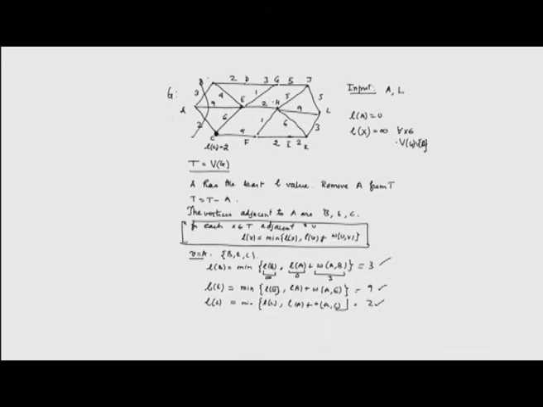Now, we go into the while loop again and we choose from T the vertex with minimum label value, and that is going to be C. So, I can put the label of C equal to 2, incidentally label of A is 0,